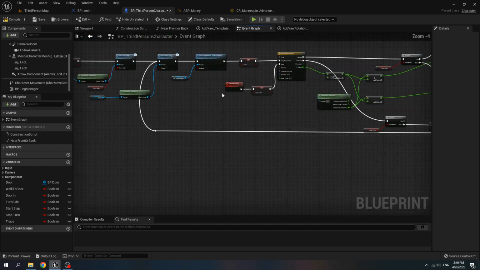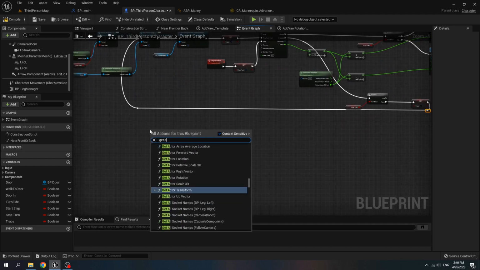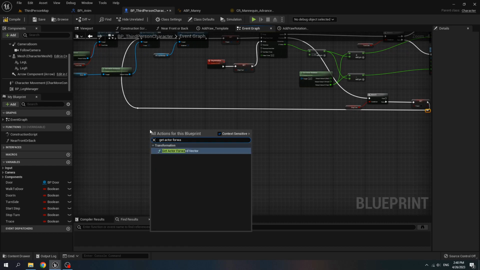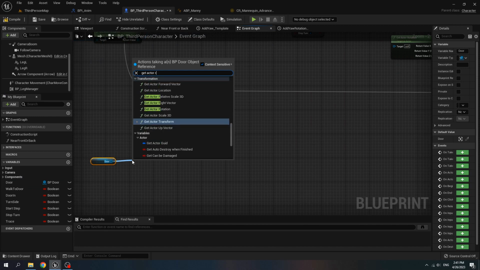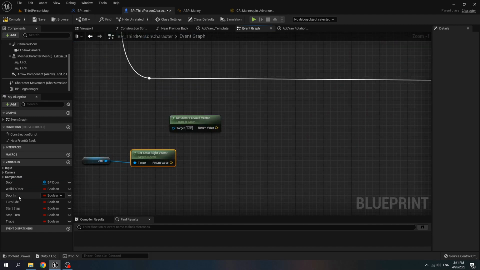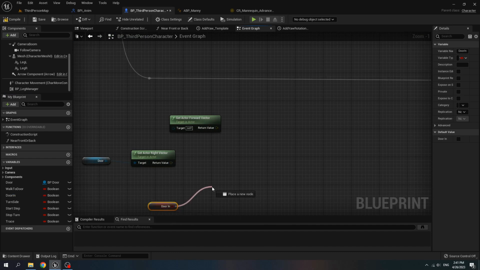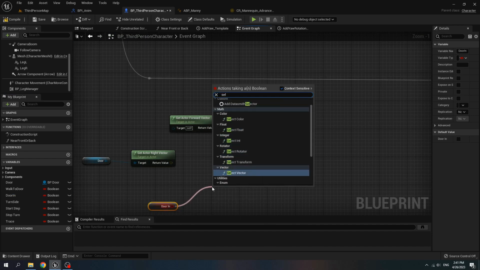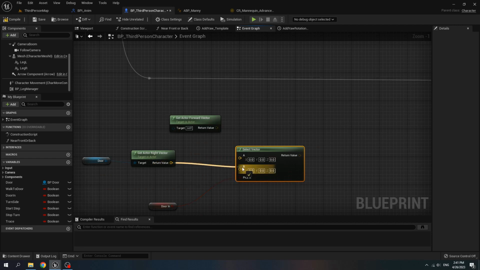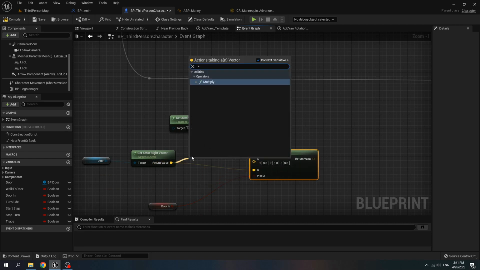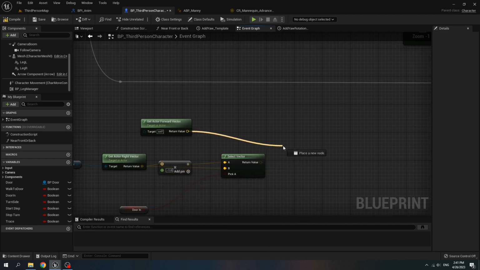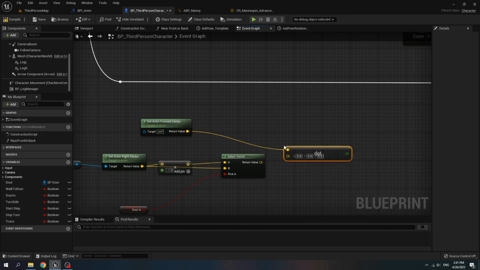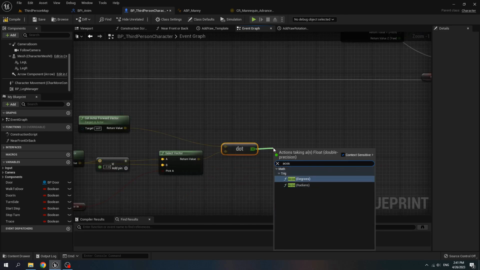And we know that it's facing the door when we get actor forward vector, get door, get actor right vector, get door in, and select vector, connect the right vector to the b value, multiply it by -1, connect it to a value, dot product of these two values, call a cos degree.